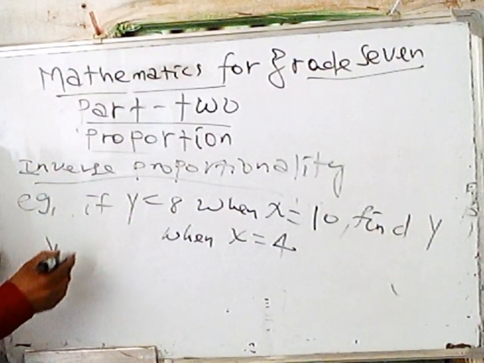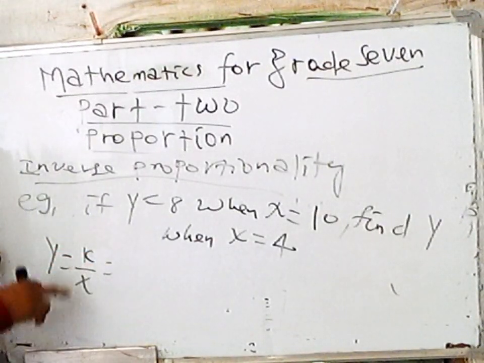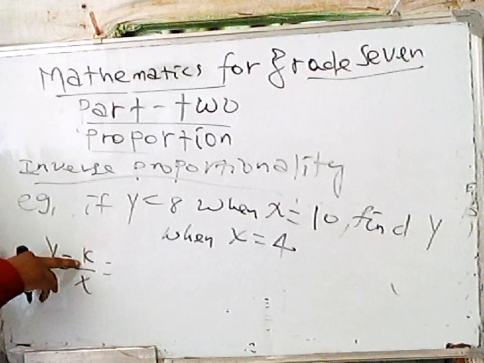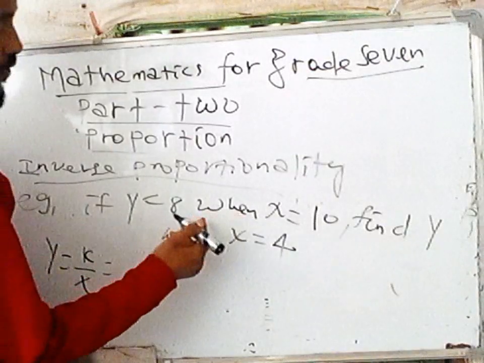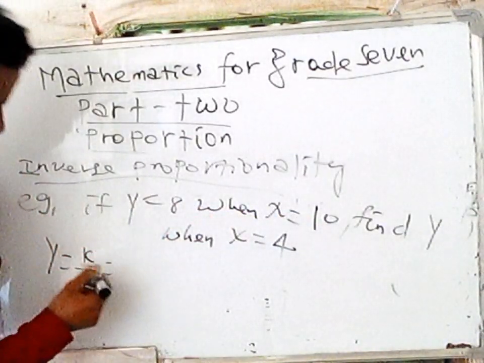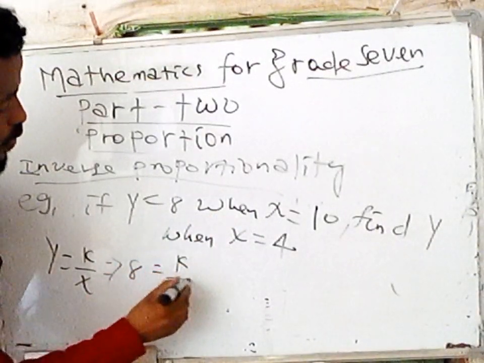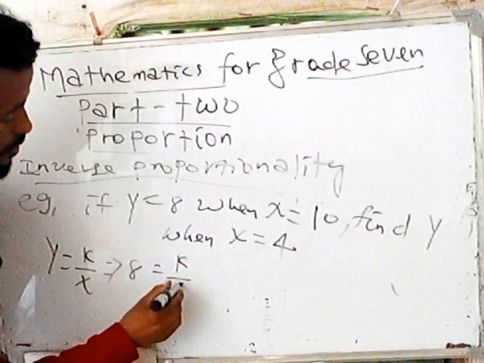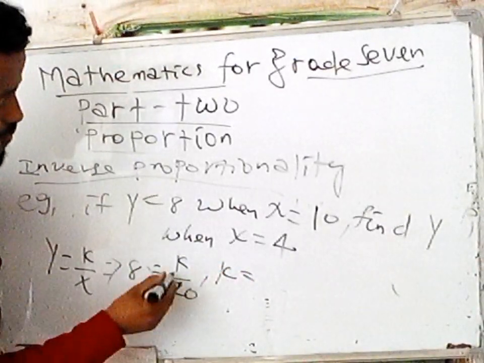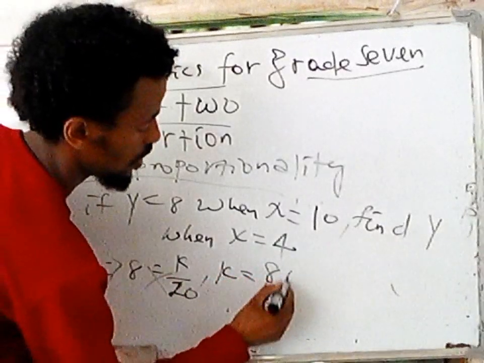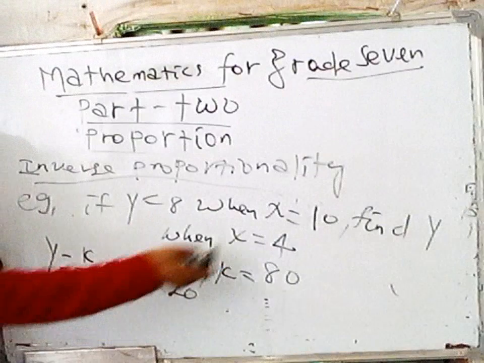y is equal to k over x. So here we have to find what? The value of k from the first given. Now y is 8. 8 is equal to k over 10. Then what's k? k is equal to 8 times 10, 80. K አገኘው ማለት ነው።